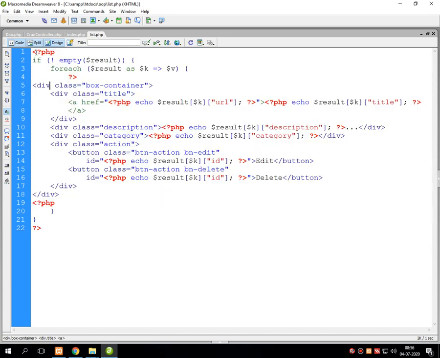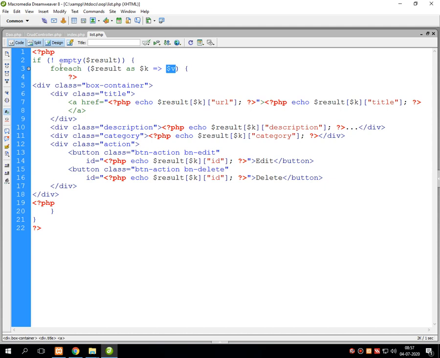Now to write the list.php file, first start the PHP tag and then write: if, in brackets, not empty $result, in brackets foreach $result as $key reference to $v.